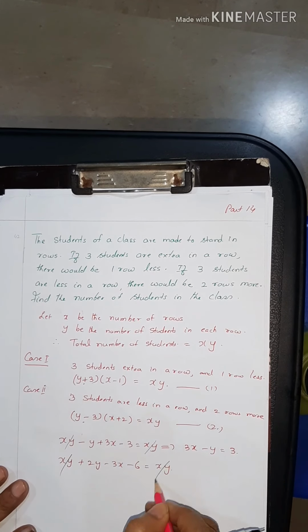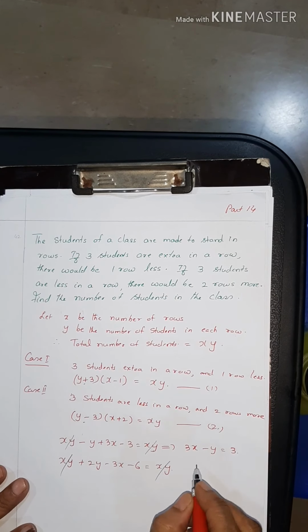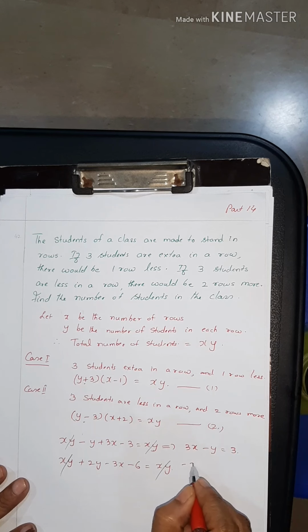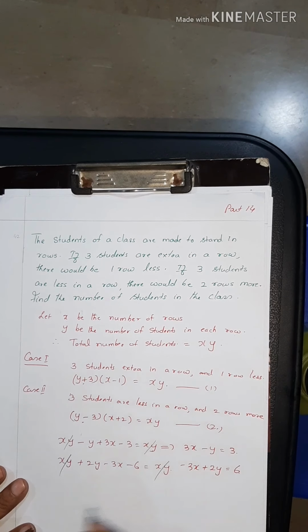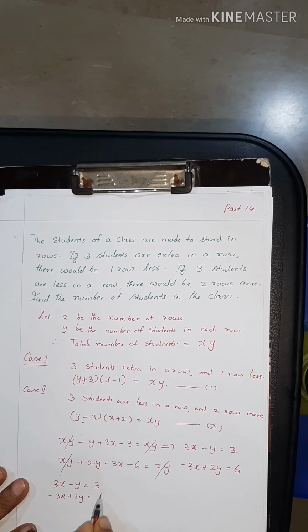Again xy and xy will get cancelled. So the equation is minus 3x plus 2y is equal to 6. Now solving these two equations, 3x minus y equal to 3 and minus 3x plus 2y equal to 6,